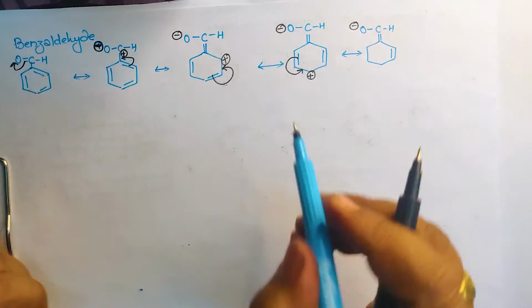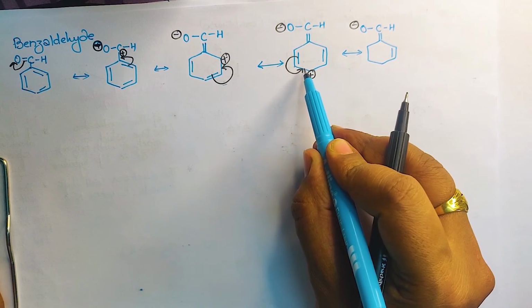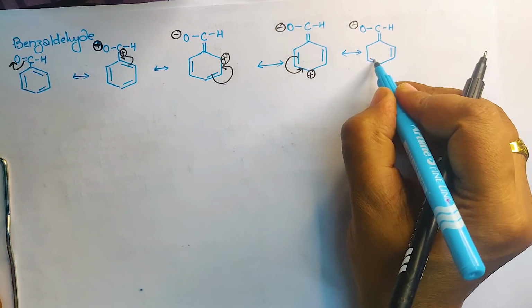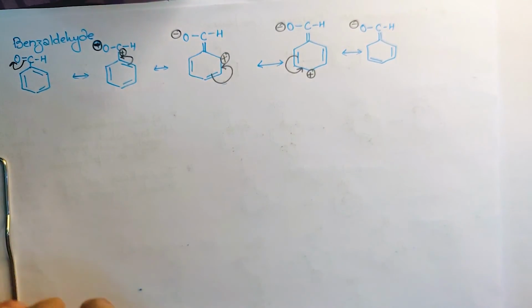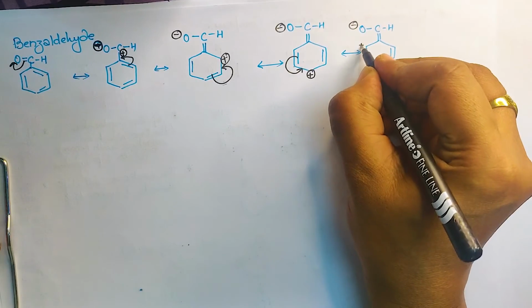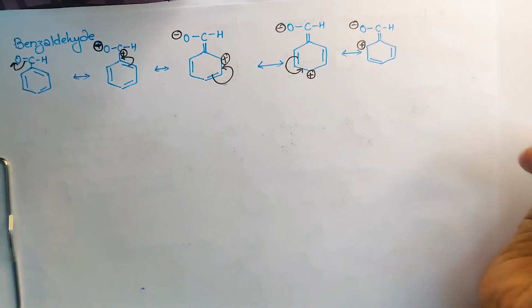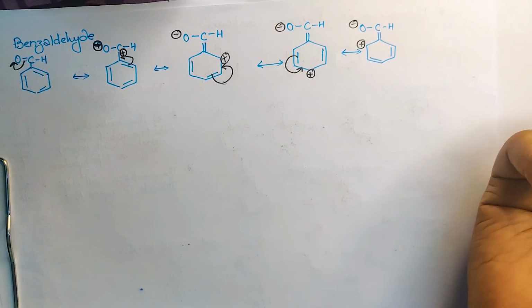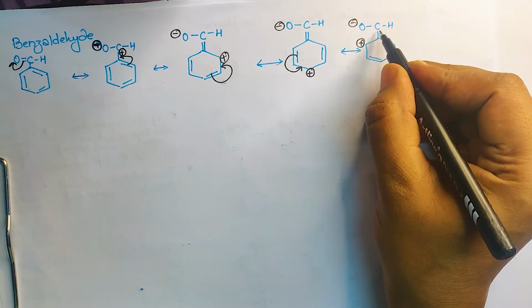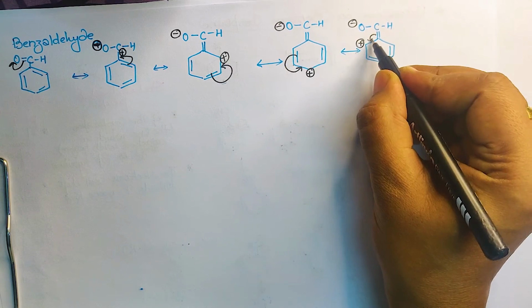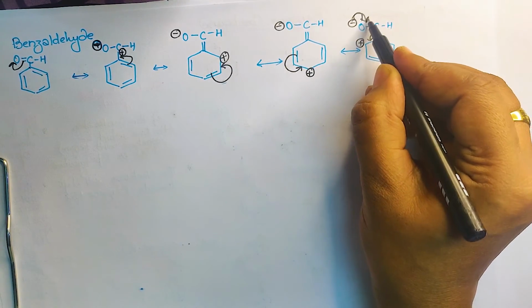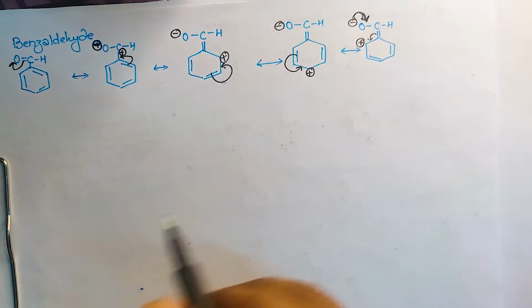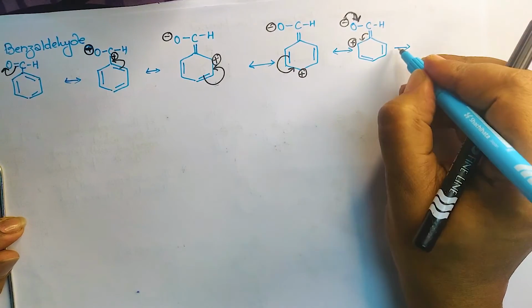Now what happened? This bond has shifted in this direction. So that's why the double bond will form here. But at the same time, it will create the deficiency at this carbon. Isn't it? So what next? It says, brother, let me go back. So the bond that formed here will come back here. This negative charge will come on this double here to make the double bond over here. And as final, the result will be